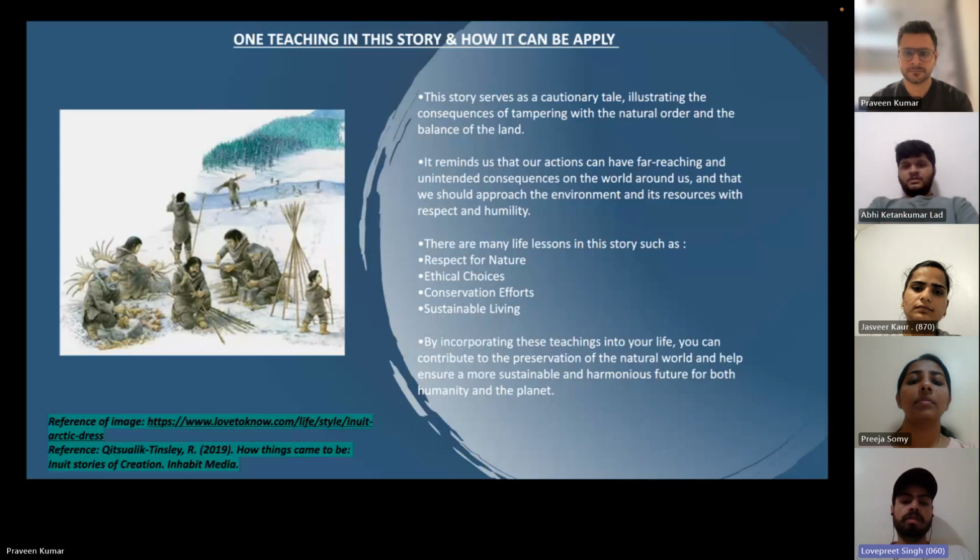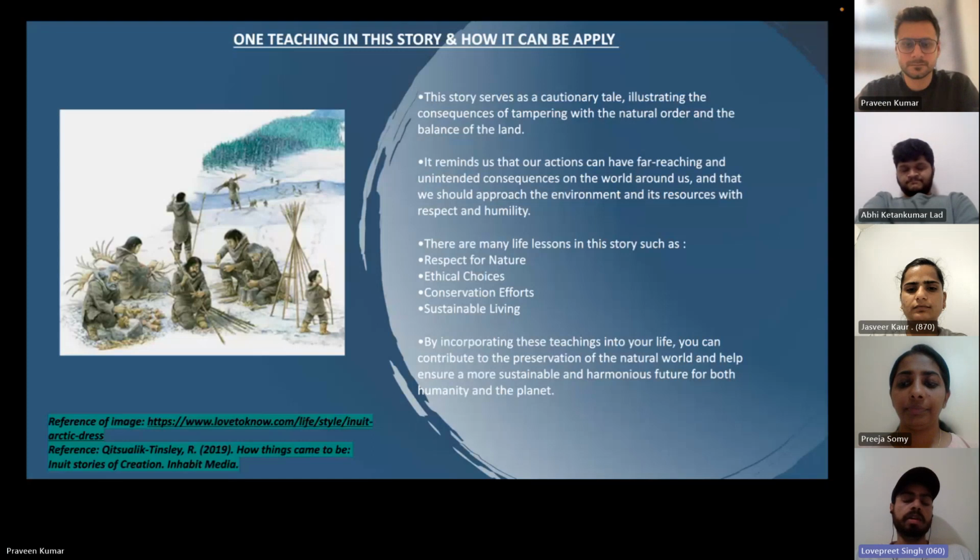There are many other life lessons in the story, such as respect for nature, ethical choices, conservation efforts, sustainable living. And one of the teachings you can incorporate in your life is that you can contribute to the preservation of the natural world and help ensure a more sustainable and harmonious future for both humanity and the planet. On the next slide,